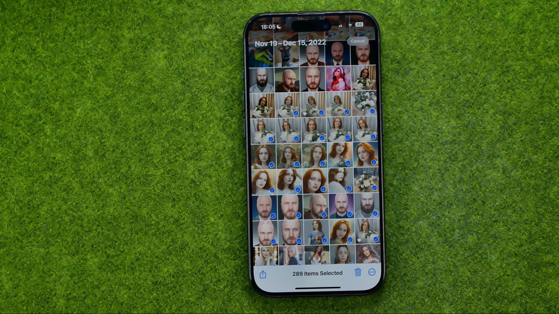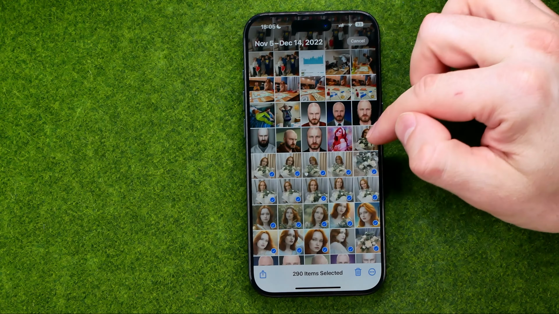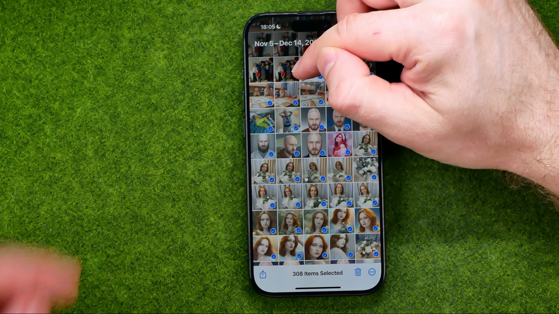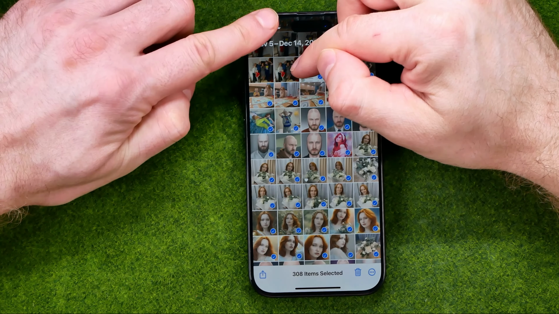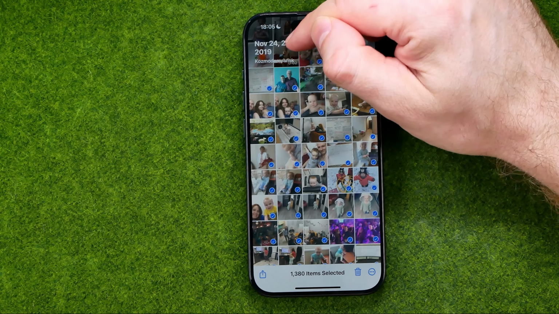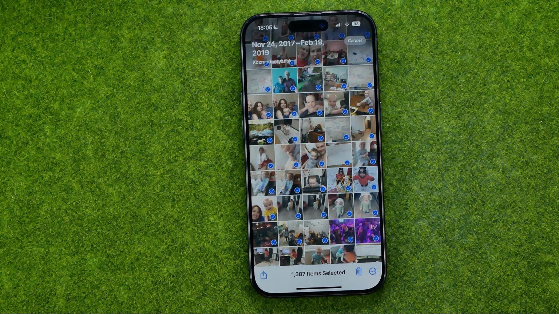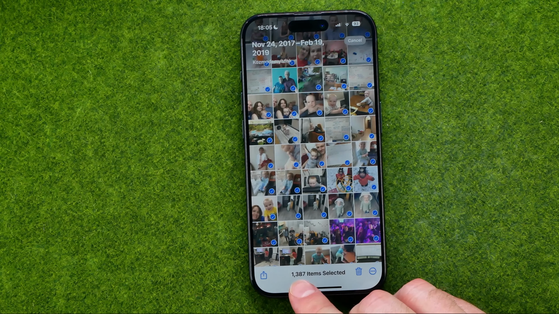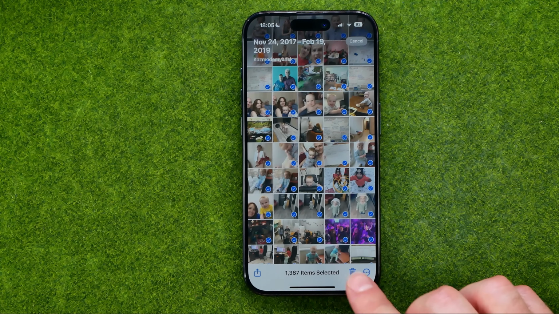But now I'm gonna show you a simple trick how we can easily select all our photos in a couple of clicks. All you have to do, guys, is just start selecting photos in that way, and then without lifting off the first finger from the screen, you need to just tap at the time, and what that will do, that will move you to the very beginning of your camera roll photos. And so now, as you can see, all my photos from my gallery are selected, and then I can easily delete them by hitting right there